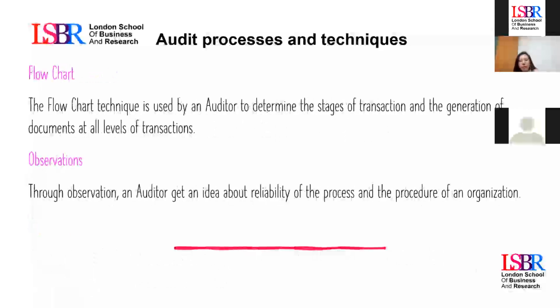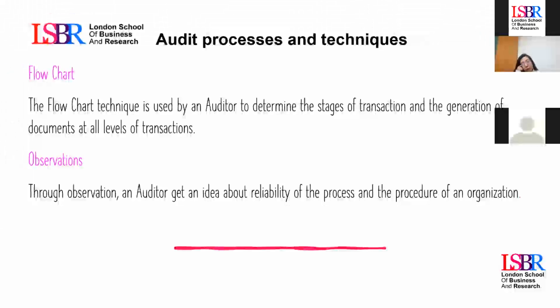A flow chart is when the auditor is following the procedure, and the auditor determines that each step shows the truth. And maybe the procedure contemplates 5 stages, and the auditor could say, okay, the first stage is well done, the second is well done. It is when the audit process is by section, reviewing step by step one process.